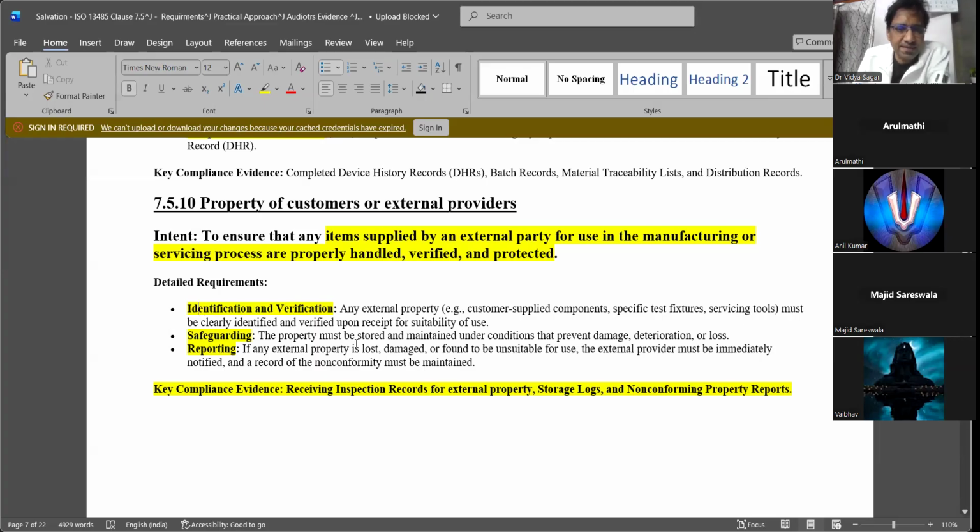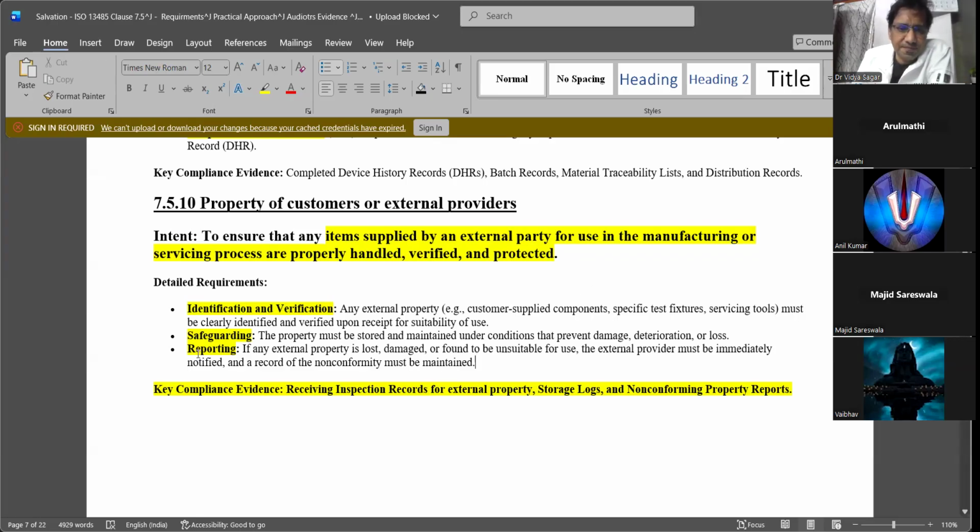Okay, how we are safeguarding the property: it must be stored and maintained under separate storage conditions, to prevent damage or deterioration. So some of the sensitive equipment and material like the polymers, okay, some of them get degraded if you don't properly preserve them at some temperature like 25 degrees and some humidity of 50%.